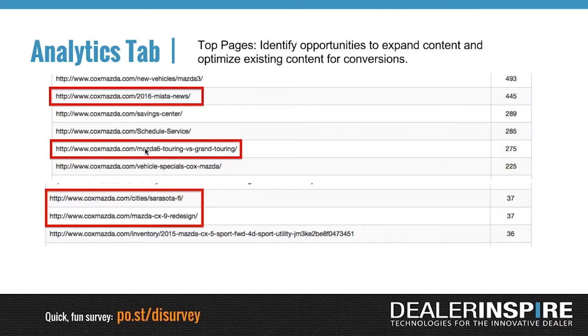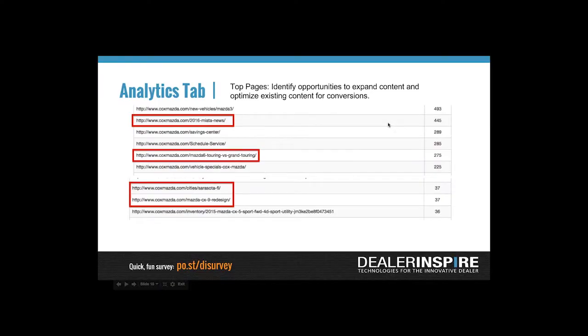is similar to what we've talked about. You can identify opportunities to take pages that are already getting a lot of eyes on them and maximize them for conversions. So you can look at a page like this on 2016 Miata news, and you see, okay, this page is getting a lot of visits. You want to make sure now that you're keeping that page updated, that you're not letting that page fall off, that in 2 or 3 months when there's a lot more news about the 2016 Miata out there,